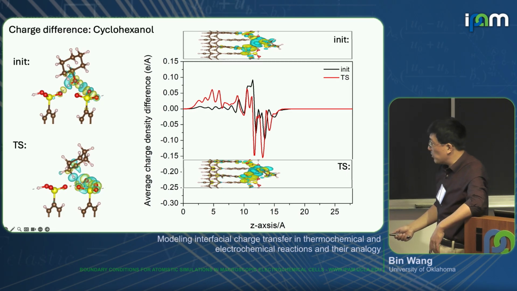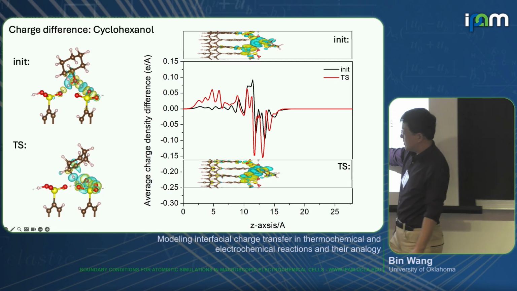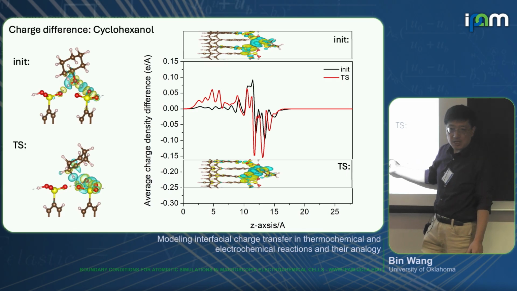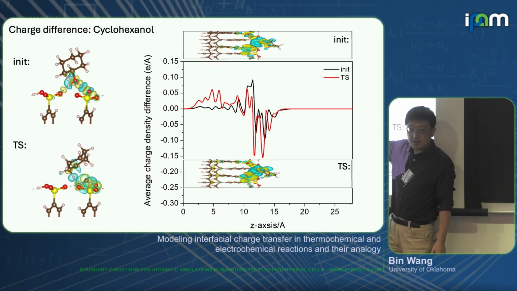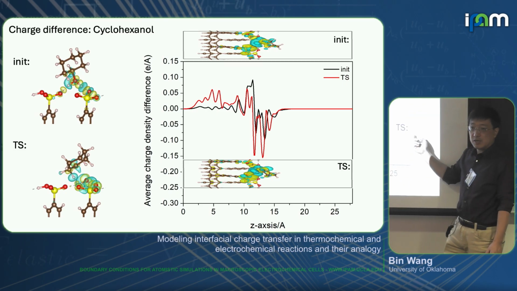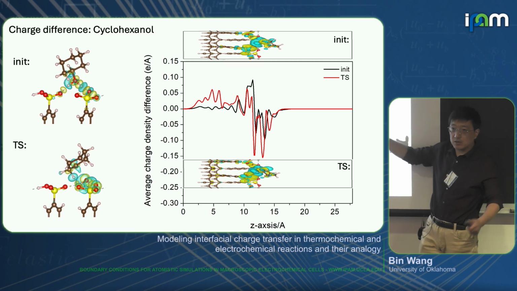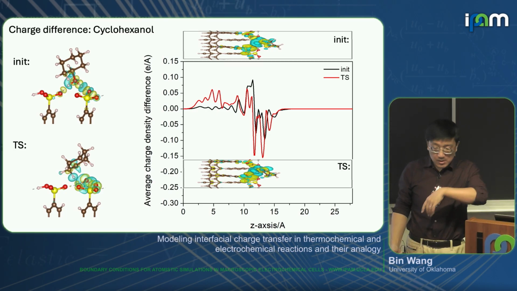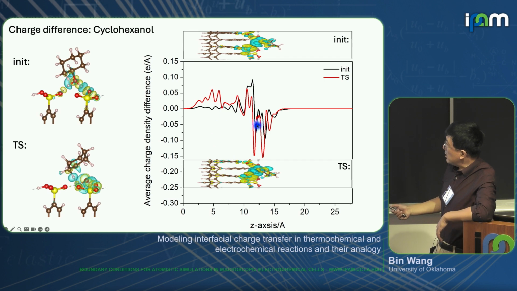On the right side, we plot essentially the charge density difference along the z direction. Now you can calculate the charge density multiplied by the distance, you get the dipole, and then you can integrate across the whole z direction. You get the overall dipole moment. As I mentioned already, in the transition state, which is the red curve, after protonation, you see a much more pronounced charge transfer. In this case, the negative number means electron loss. So after proton transfer to the molecule, the positive charge is really localized on the surface species.